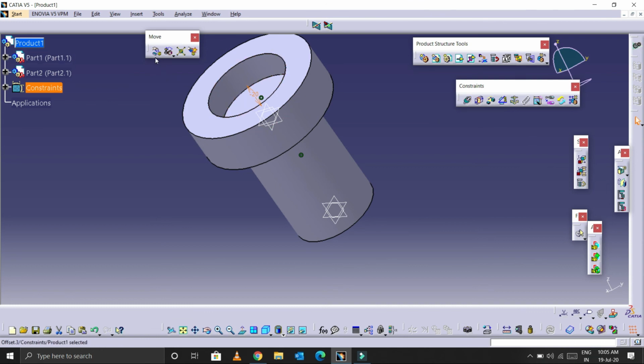The manipulation dialog box has also been completed. One more thing we need to see is how to fix a component. Before doing any assembly we need to fix a particular component: in a top-down approach we fix the top component, or in a bottom-up approach we fix the bottom component. Here, for sample use only, I am explaining how to fix a component. Select the Fix command and select the component which we need to fix. That's it, a symbol will appear here. So this cylinder component has been fixed. Once it's fixed we can't change its direction or move this component from one place to another.